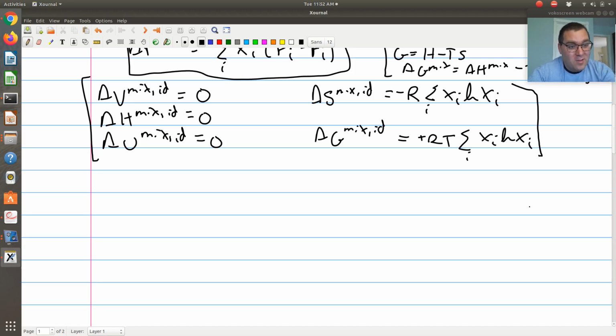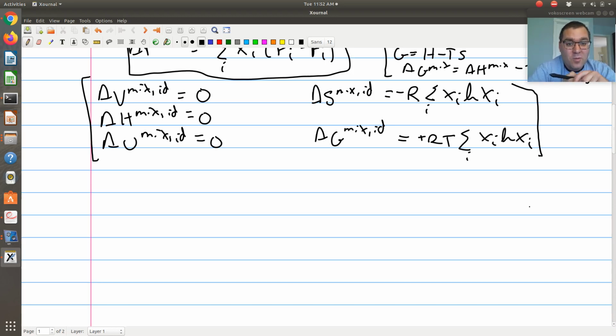So an ideal gas is an ideal solution, okay? But not all ideal solutions are ideal gases, because we're just saying that all of our intermolecular interactions are exactly the same, not that they're zero. So an ideal gas is an ideal solution. An ideal solution is not necessarily always an ideal gas. So it should make sense that the property changes upon mixing for the two of them are exactly the same.